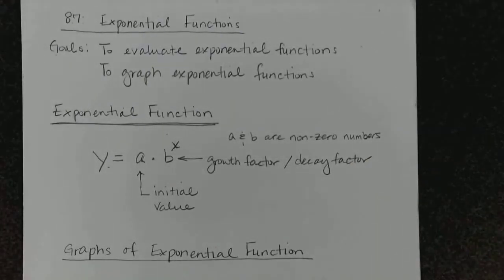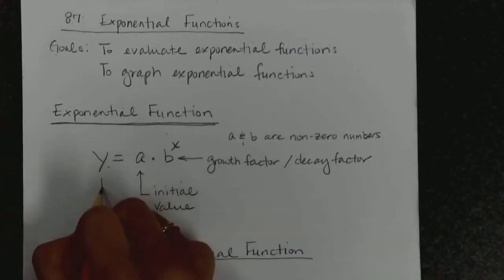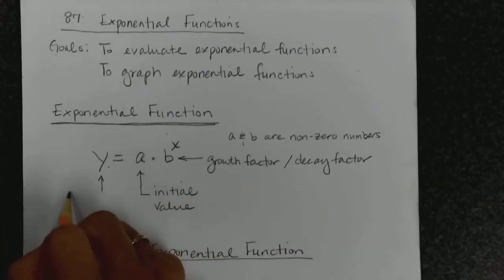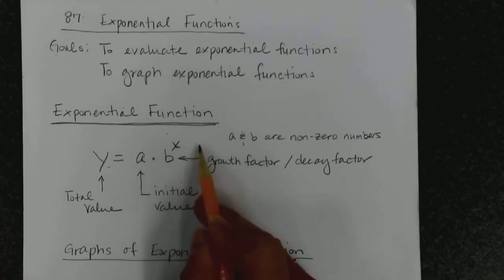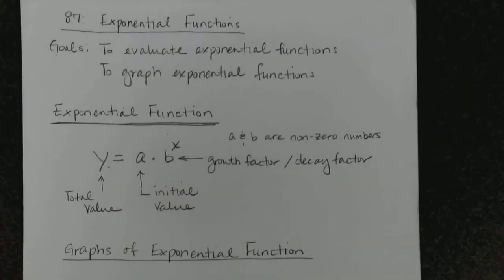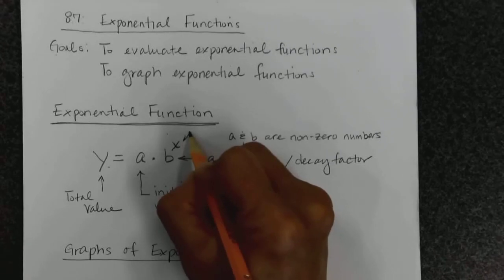How does it grow? So if something doubles, b would equal 2. If it triples, b would equal 3. Later on, we'll learn how to use it with percentages. So let's say you invest money and you make 10%. Our growth factor will be 1.1. So we'll get to that later, but b is called a growth factor. The y value right here is our total value or final value. So if this is what we start with, depending on how it grows or decays, that's going to be our final value. And x is what's called the